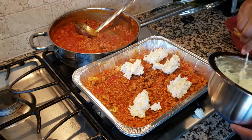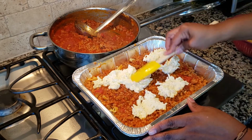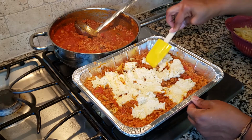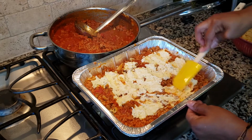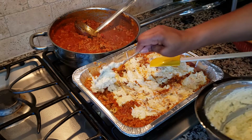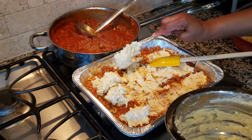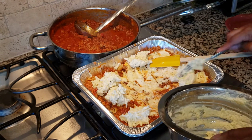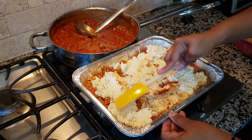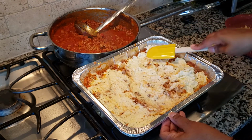So I start out with a generous amount and then I work that in, and then I come back in and add more cheese until I have the entire spread of cheese layered over the top of that meat. And it will start to melt, so it makes it really, really easy to spread as well. Now, the final thing to do is you have to